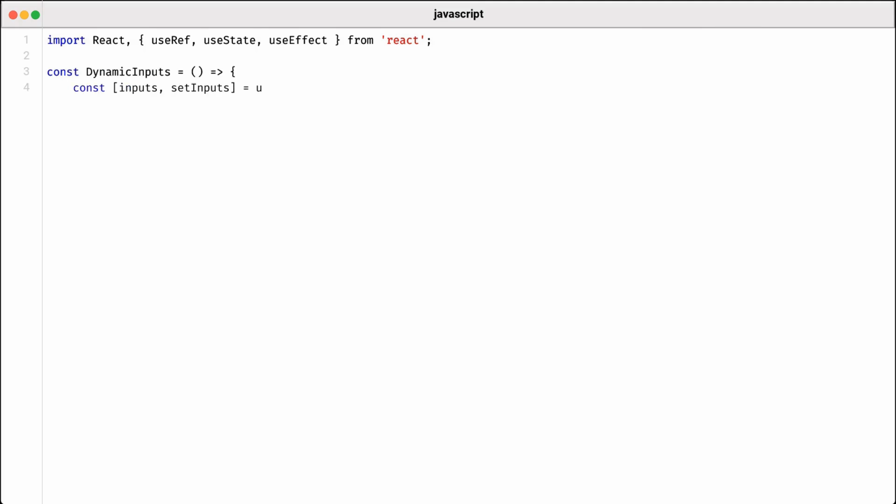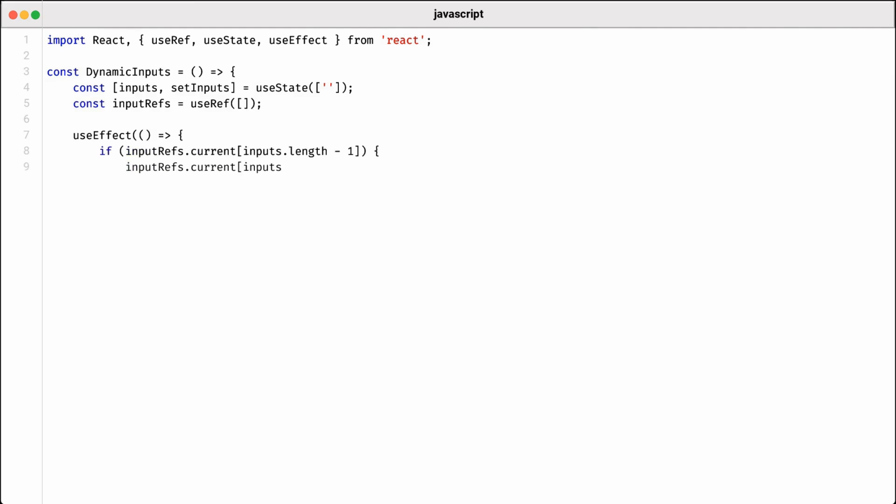Now let's take a look at a more dynamic implementation of refs in action. We will create a component called DynamicInputs, which allows users to add multiple input fields seamlessly. Here, we start by utilizing the useState hook to maintain an array of input values. The critical aspect of our implementation is the inputRefs array